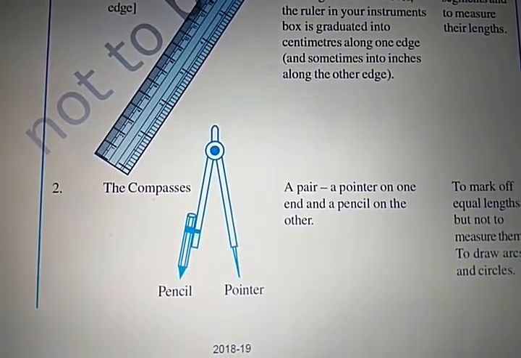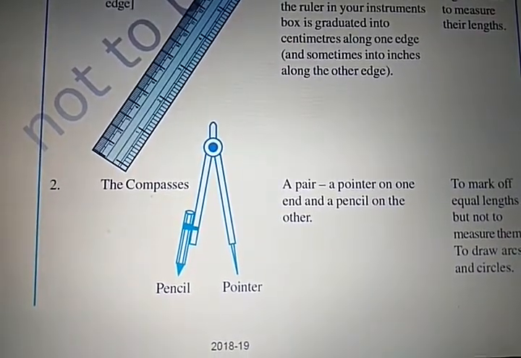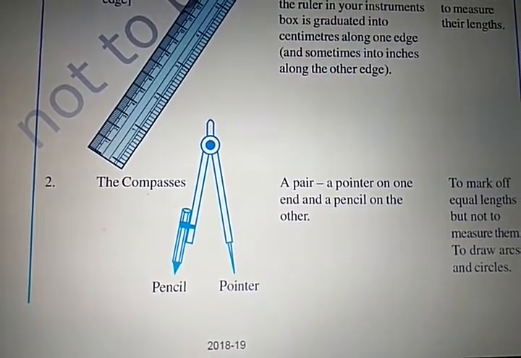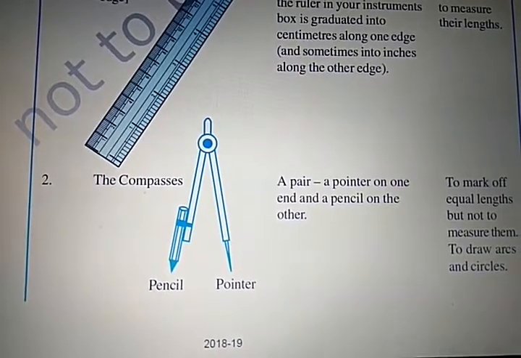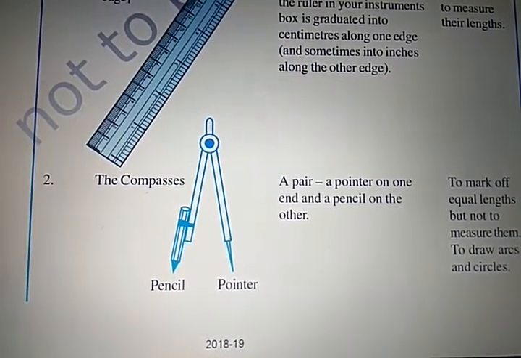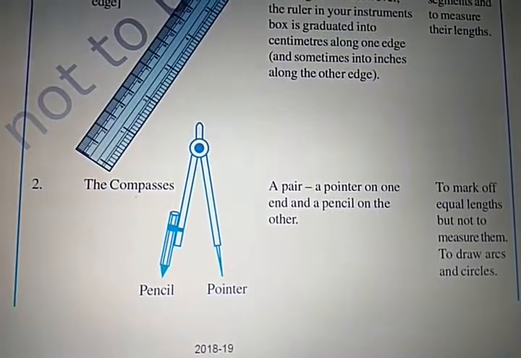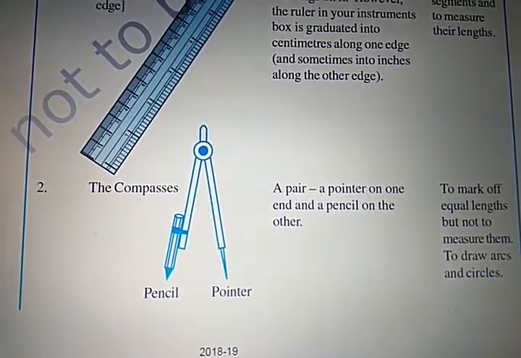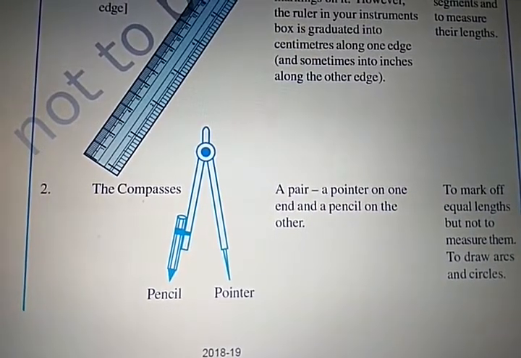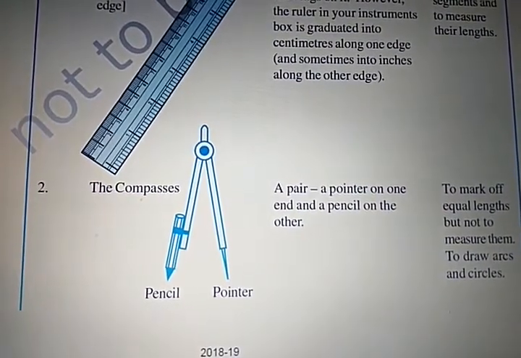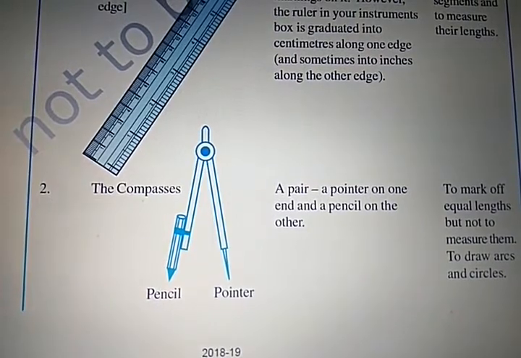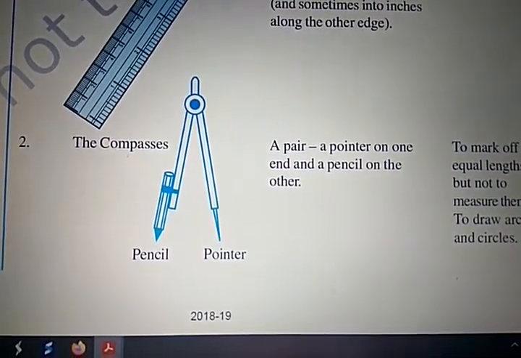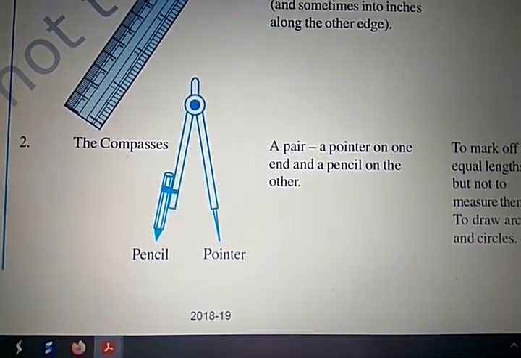So dear students, to draw a construction, whenever we require the scale we write using scale, and whenever we require the compass we write using compass. Here you see the compass, where a pointer and pencil are there. The pencil must be a sharpened one, right? It should be sharpened. So this compass is used to draw a circle or take an arc.